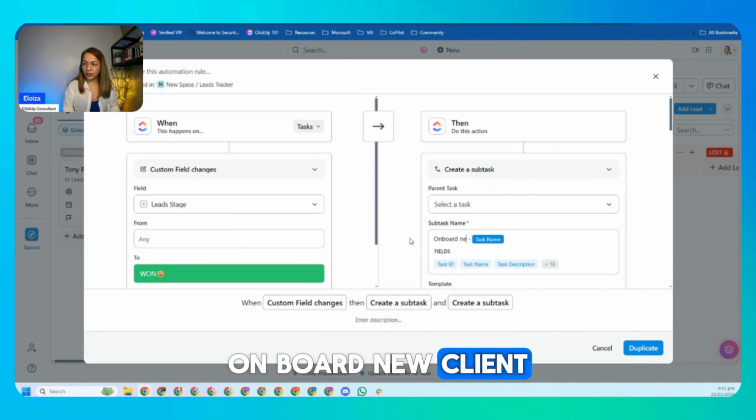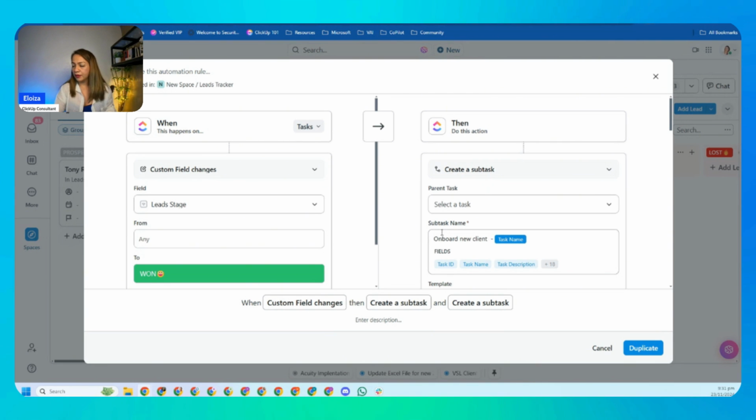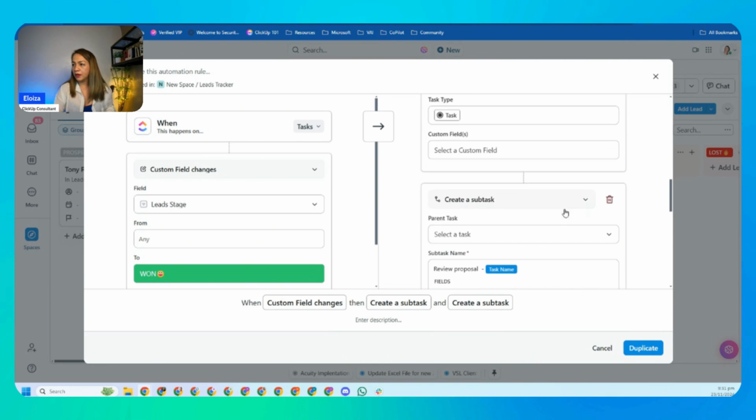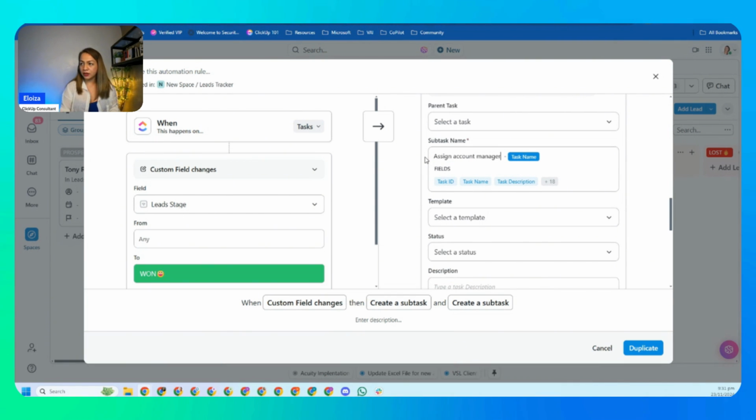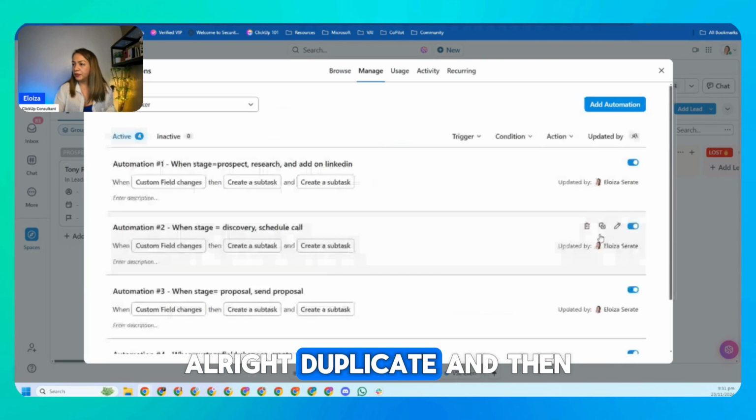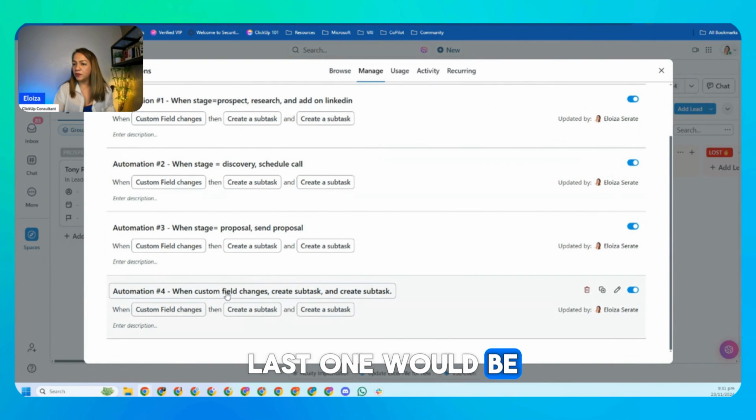Onboard new client. And assign account manager. All right, duplicate. And then last one would be